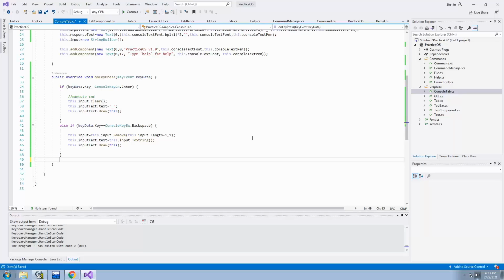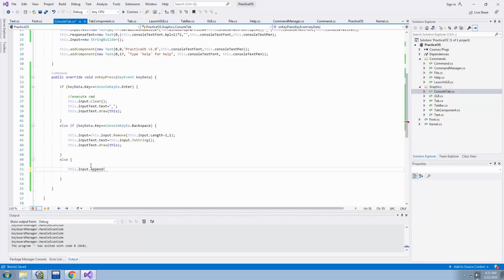So that it can update the backspace character on the screen. And now, in the case that it's not enter, it's not backspace, that means the user actually wants to type something. Unless there's something that I missed, which if I did, doesn't matter, because it's not that important, because this is all you need really to type in commands. So this.text, or this.input.append,